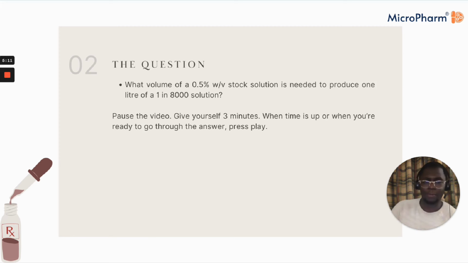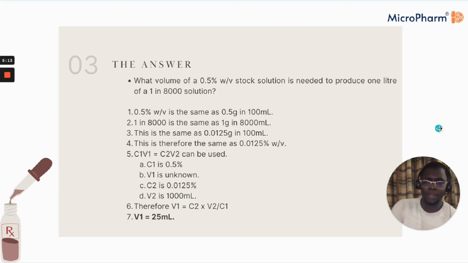Okay, I think we're good to get stuck into the question. Now, I think the first thing to point out here is that we've got loads of different units. And so it would be worth thinking a little bit about what these units mean. Anytime you see percentage weight per volume, that's the same as saying, well, how many grams you have in 100 ml. So 0.5% weight per volume is the same as saying 0.5 grams in 100 ml. Similarly, if you see 1 in, let's say 8,000 in this instance, that's the same as saying 1 gram in